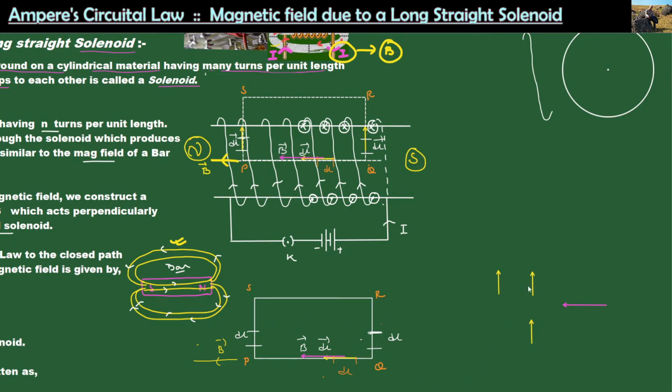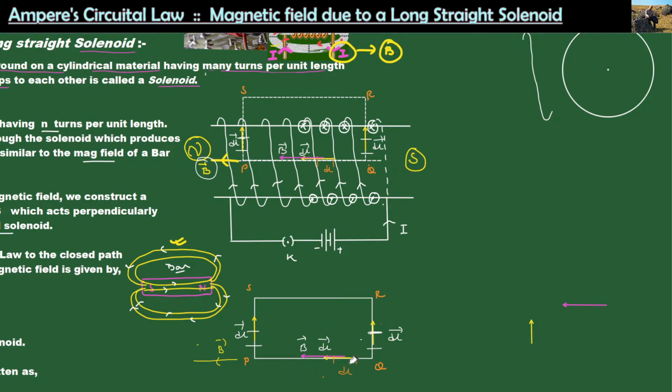In terms of the vector, we will represent this by this yellow colored vector, and it will represent our dl bar along this direction. Along this arm PS also we will take another vector, which will represent our dl bar vector. But when you look at this figure, it is very obvious that this is the direction of our magnetic field,